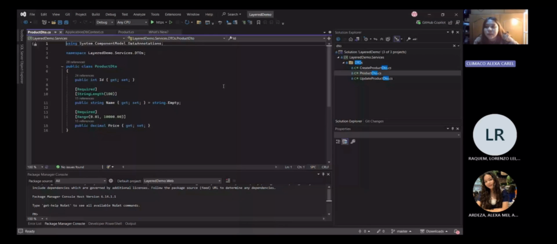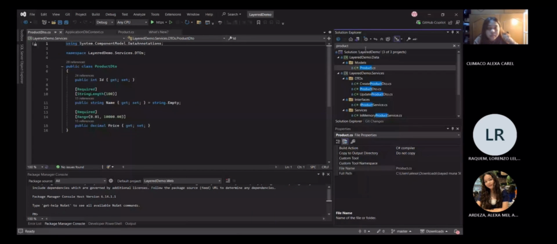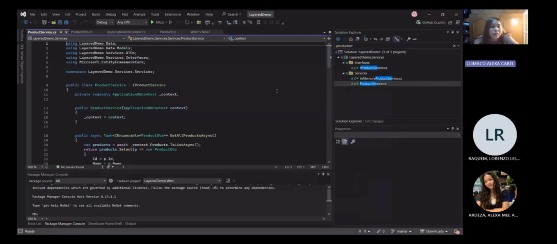Next is the product service. This approach makes testing and swapping implementations much easier, including the EF Core and SQLite.